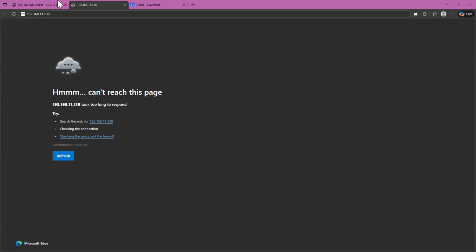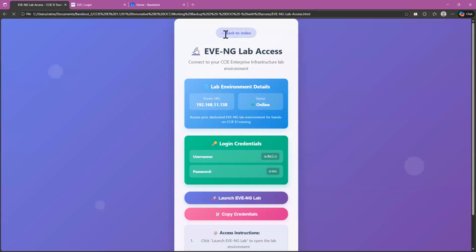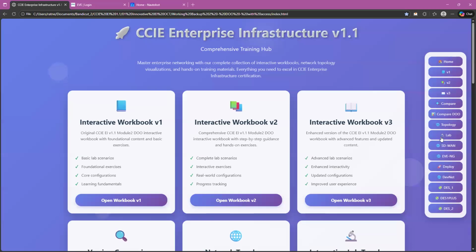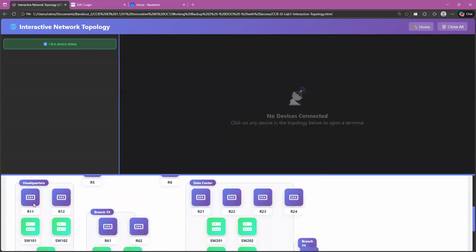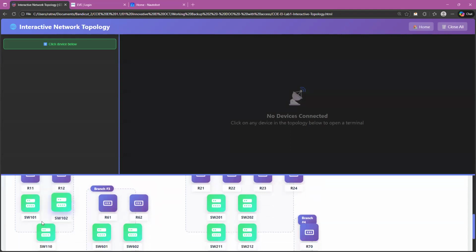Yeah. So as you know, in the EVE-NG lab we have the headquarter, and in the headquarter we have certain routers. If I go to this lab section, in headquarter we have router 11, 12 and switch 101, 102, 110, right?